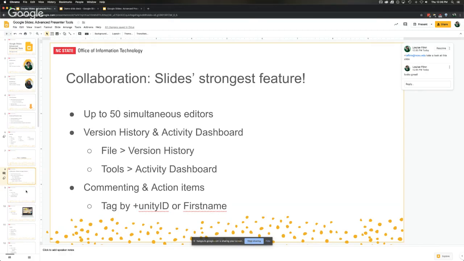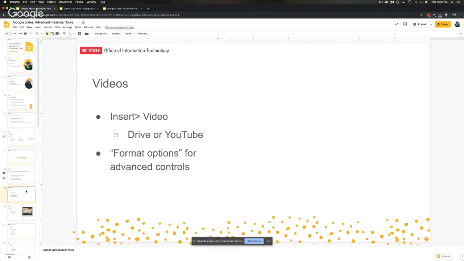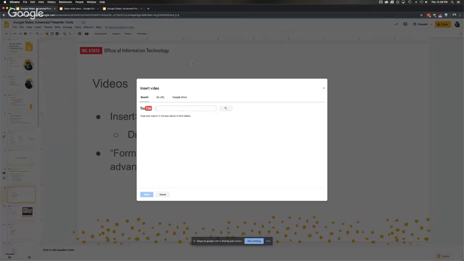So now we're going to move on to really adding content in our slide deck. So first off, videos. We can go to Insert, Video. We can insert from Google Drive or YouTube. So we can search YouTube right here. The YouTube search is a little bit interesting